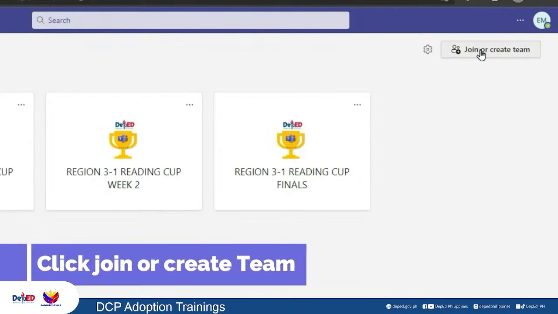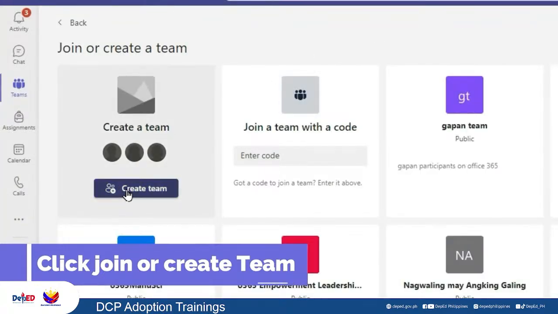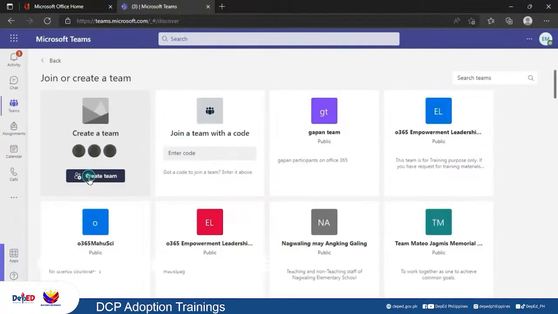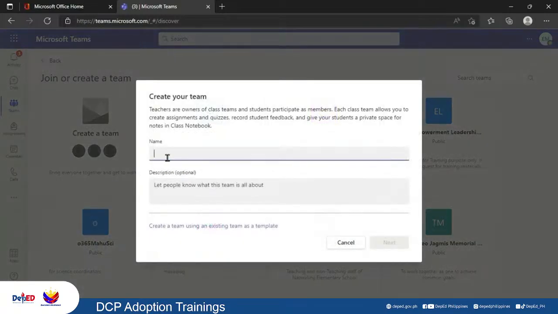click Join or Create Team and choose this one, Create a Team. We have here 4 options, but because we want to create classes, let's click the class type. Ano ba ang pangalan ng ating klase? Halimbawa, English